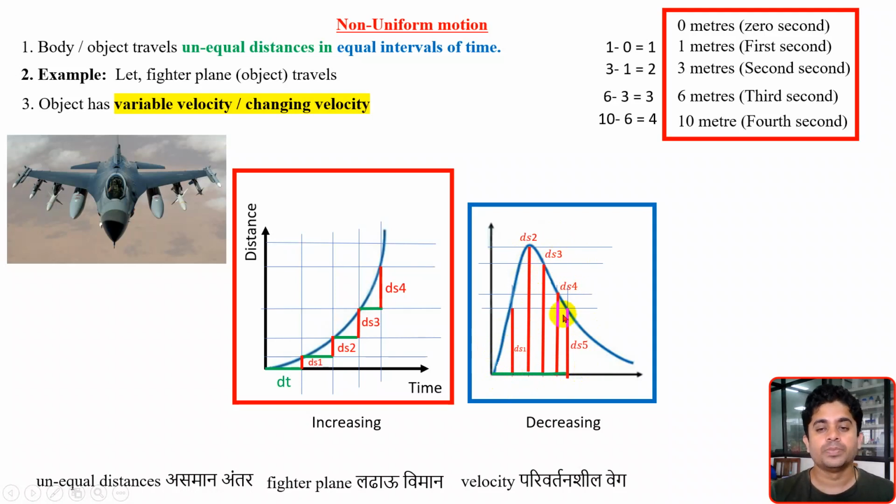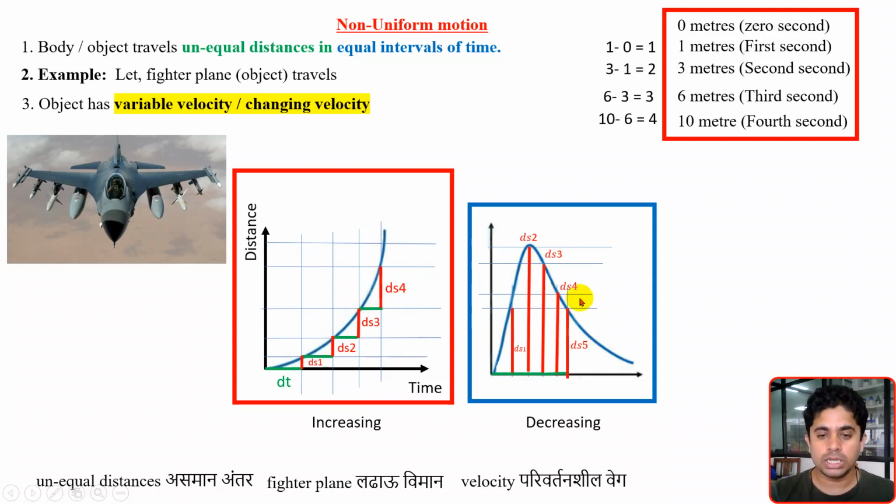So you can see here, if you look at the behavior of the displacement ds1, ds2, ds3, ds4, ds5, after ds2 the displacement values are decreasing. Here they are increasing: 1, 2, 3, 4 are in increasing order. But here after ds2, we can see there is a decrease in the displacement. From 1 to 2 there is an increase, but from 2 to 3 there is a decrease in the